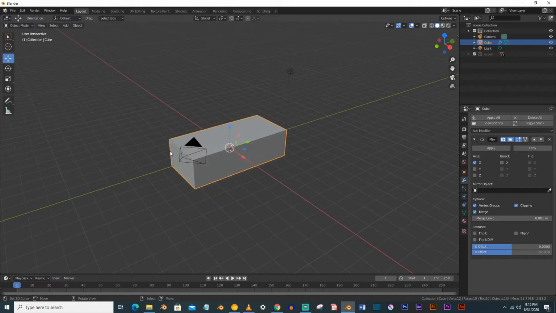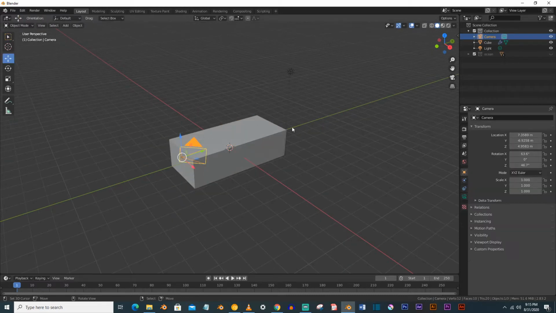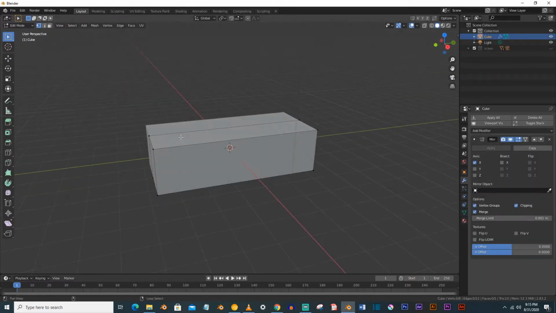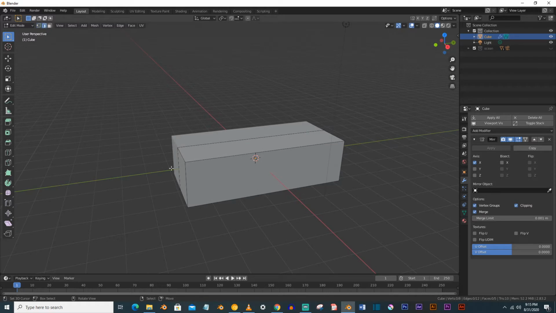Go to the edit menu tab, just move it into the ocean collection so it will not disturb. And now we will make our boat here.